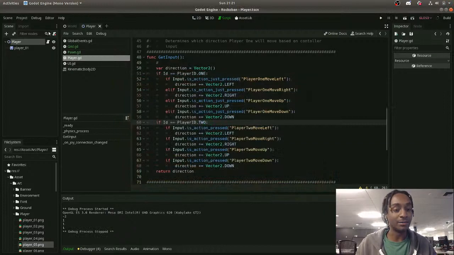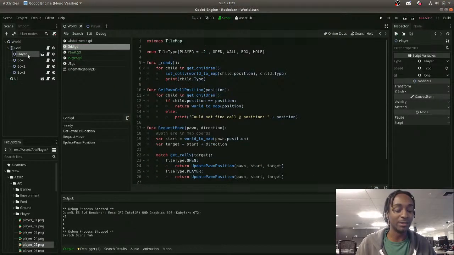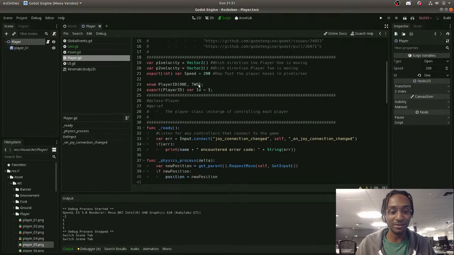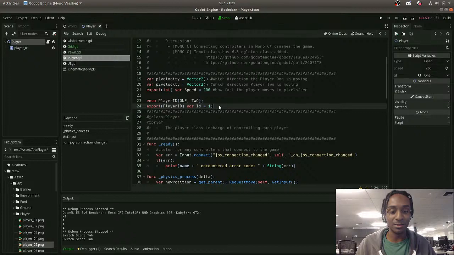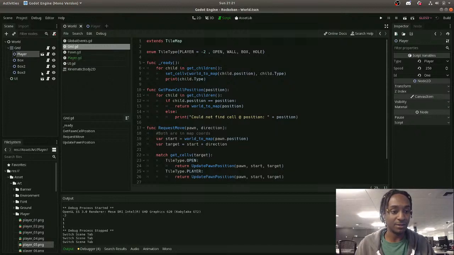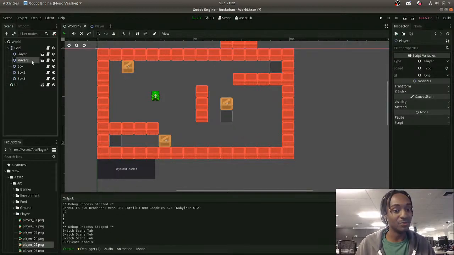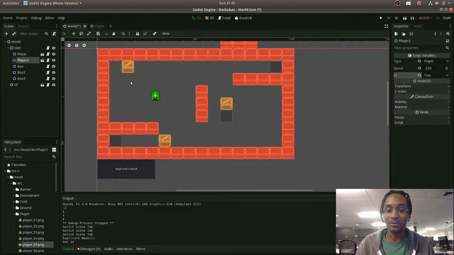Okay. Now, the next test is to duplicate this and give him an ID of 2. Also, I think my exports should be in a different team. I want my div type, which is the new one. Okay, an ID. You know what? I'll keep that, and I'll do Control D. Duplicate that. Player 2. Let's move player 2